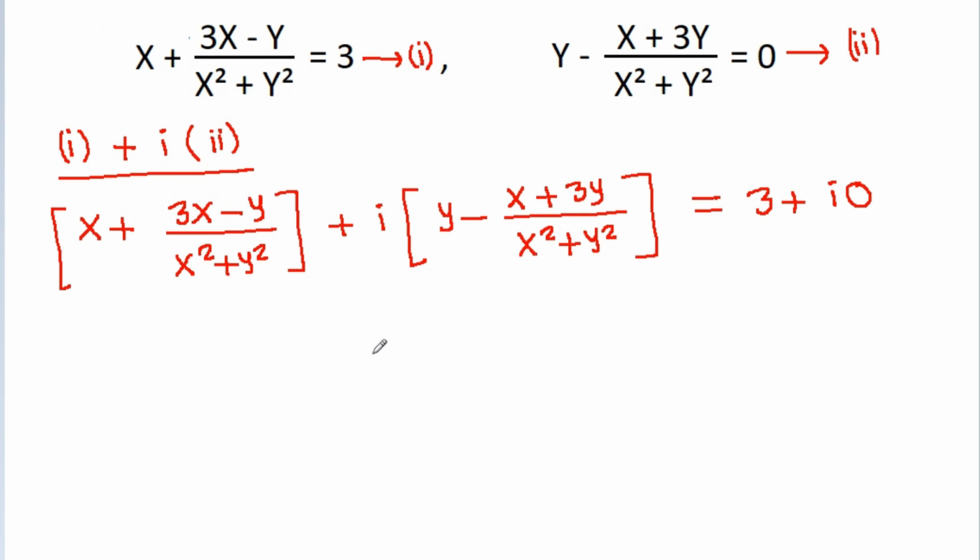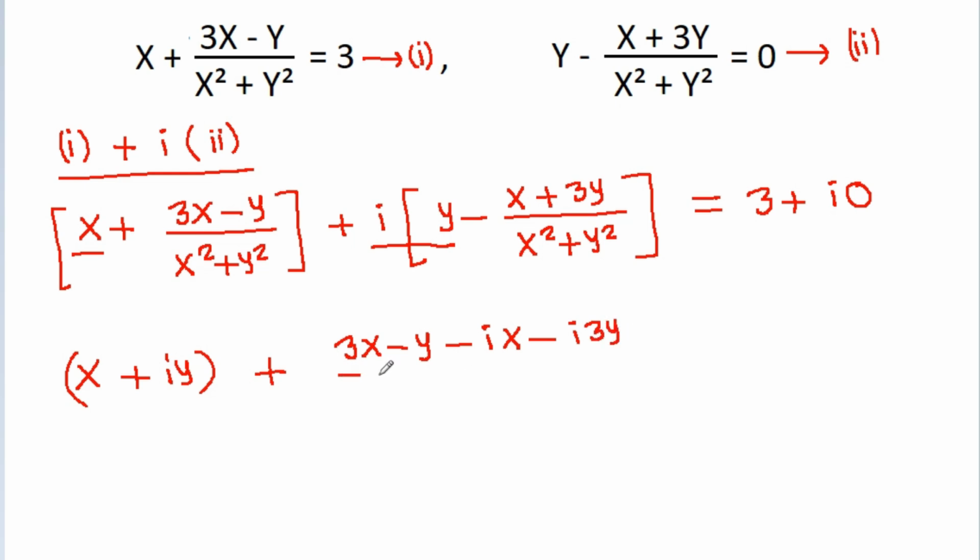And it is x plus iota y, plus 3x minus y, and iota times minus x is minus iota x, and iota times minus 3y is minus iota 3y,